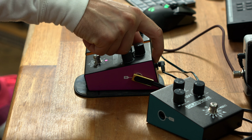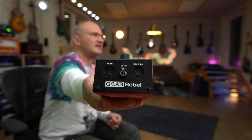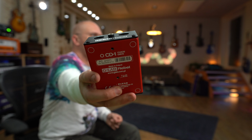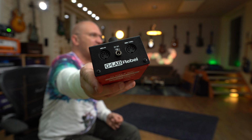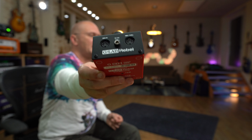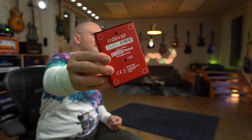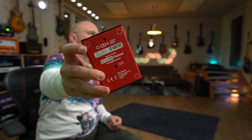On the back, you can see that there's the 9-volt, which is chassis mounted. So you can see that right here, which is what I love. That is totally boutique stuff. You don't even have this on pedals 3 times the price sometimes, and I love to see that. MIDI, I will tell you what that does. And at the bottom, for the 6th time now, you can see the spots where the rubber feet are supposed